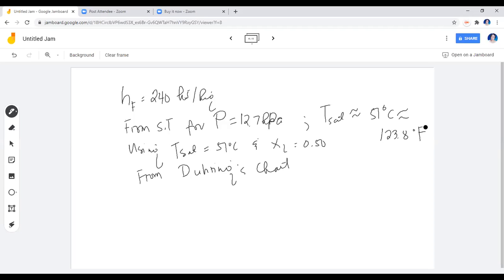Yes. Okay, so that would be the temperature that we're going to use in the chart, because our charts, whether you're using the one in McCabe or in Perry's, are all in Fahrenheit. Even the handbook is in Fahrenheit. So you have to convert first your Celsius temperature to Fahrenheit. So this is our Fahrenheit temperature. I like to use 124 so that it won't be hard for us to look it up in the Dühring chart.